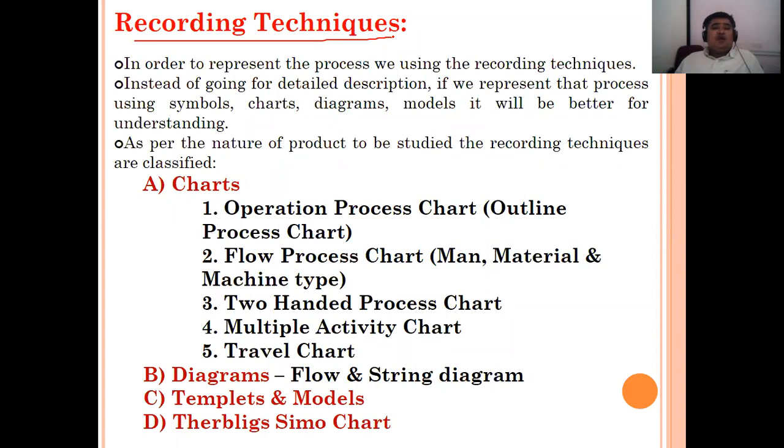Instead of going for detailed description, if I write turning on the lathe machine by using a single point cutting tool from 515 to 510 is carried out with 4 cuts of 0.5, nobody is ready to read this. What is the aim? The aim is that from 515 it should reach 510. That's it. Whether it is done in 2 cuts, 4 cuts, or 6 cuts, nobody wants to go into detail for that.